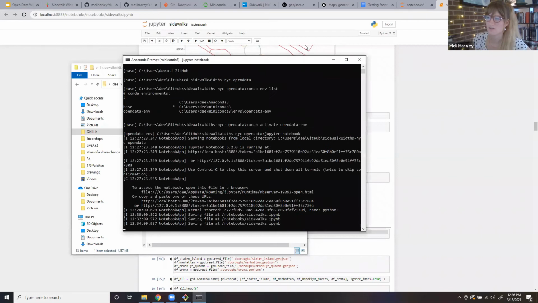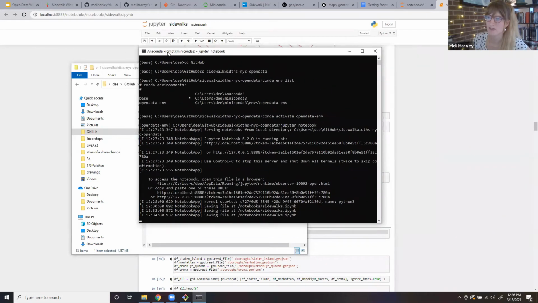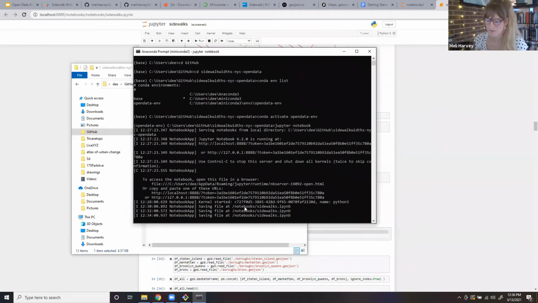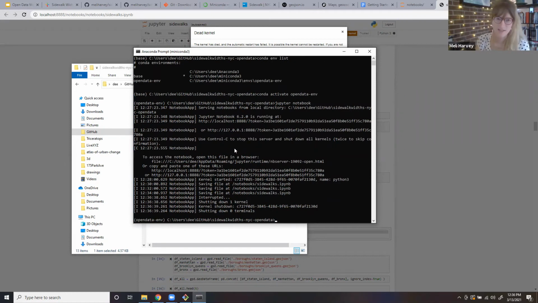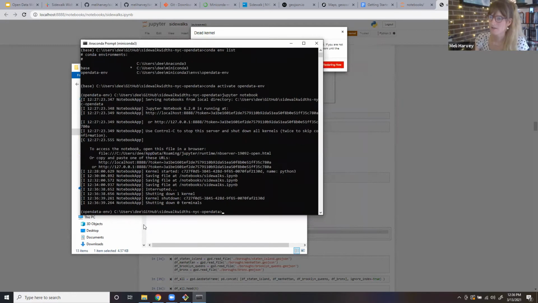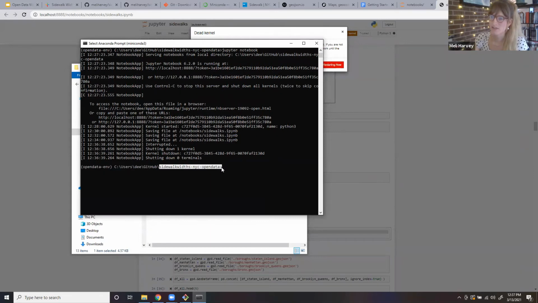All you need to do is open up the Anaconda prompt that we opened before to run Jupyter Notebook. If you click Control-C, or Command-C on Mac, we'll shut down Jupyter Notebook, which was that application we were running before. And now when you're in the same folder, so you're still in Sidewalk Widths NYC Open Data, from there, all you need to do is type in